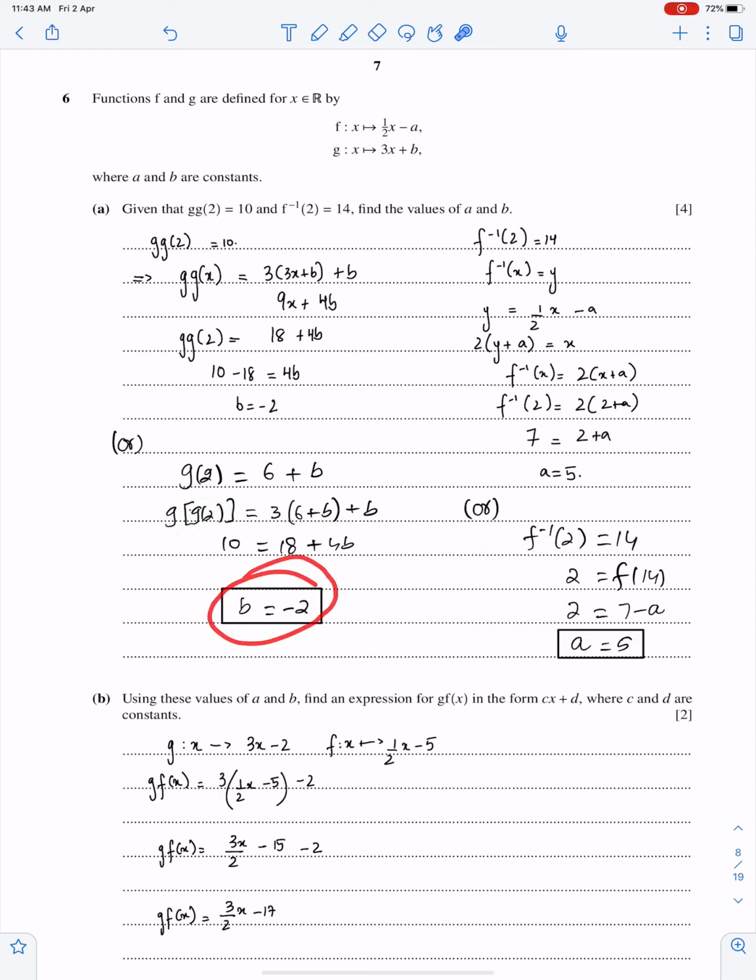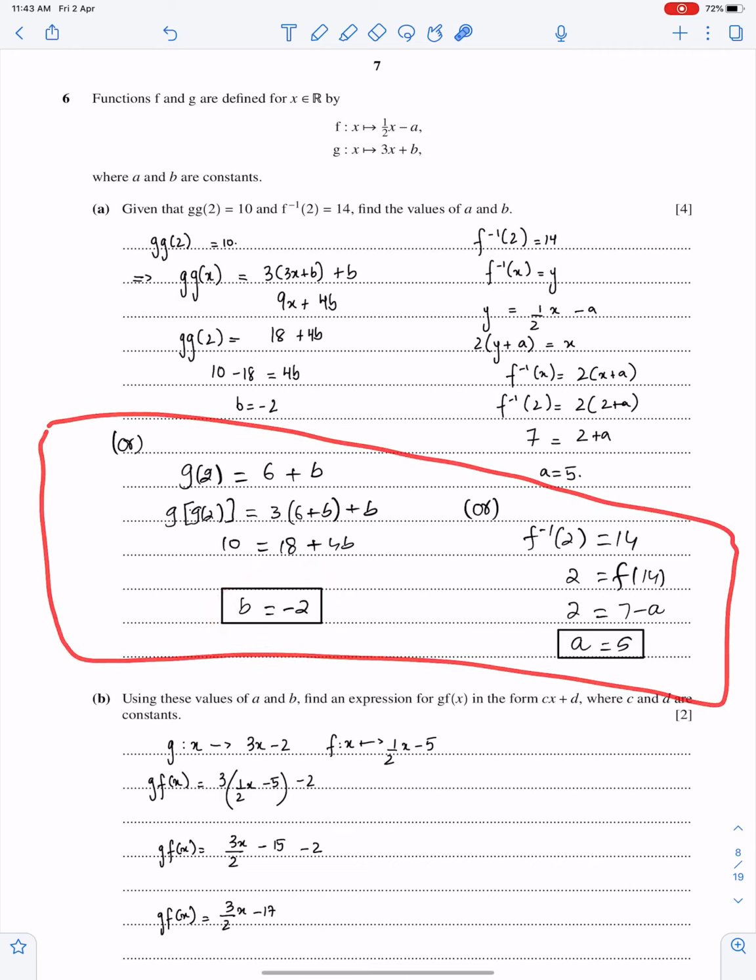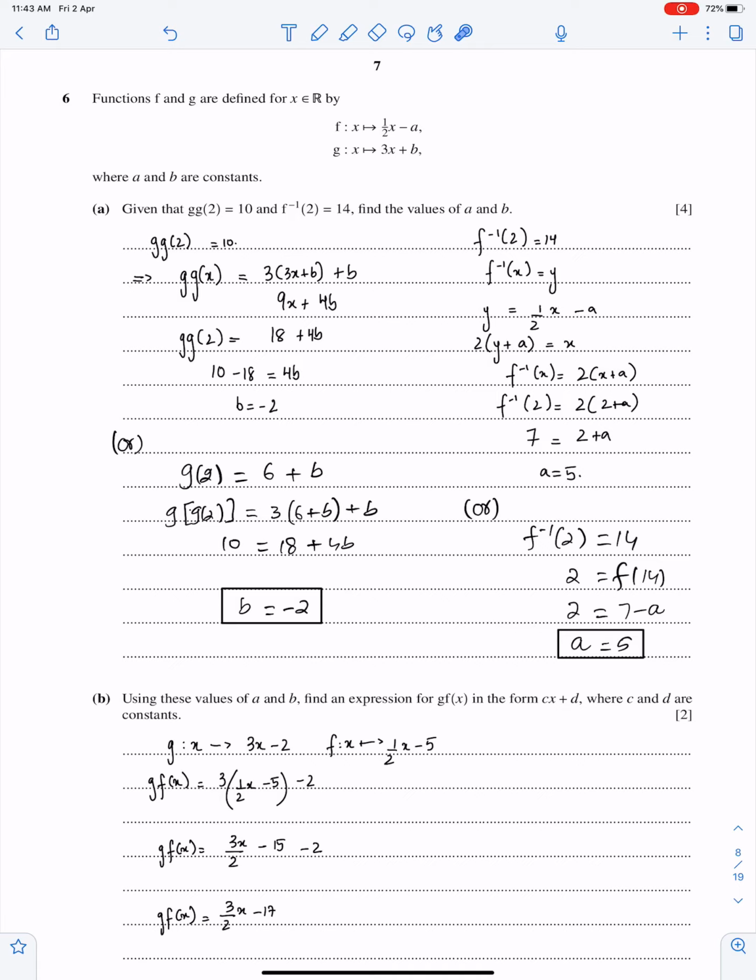So you'll get B. This is the first possible solution. Number 2, method 2. For this method, you have to find g of g first, and you all know how to find that. You just replace x of g by g. You replace this x by g, and then you substitute 2 here, and then you get b.